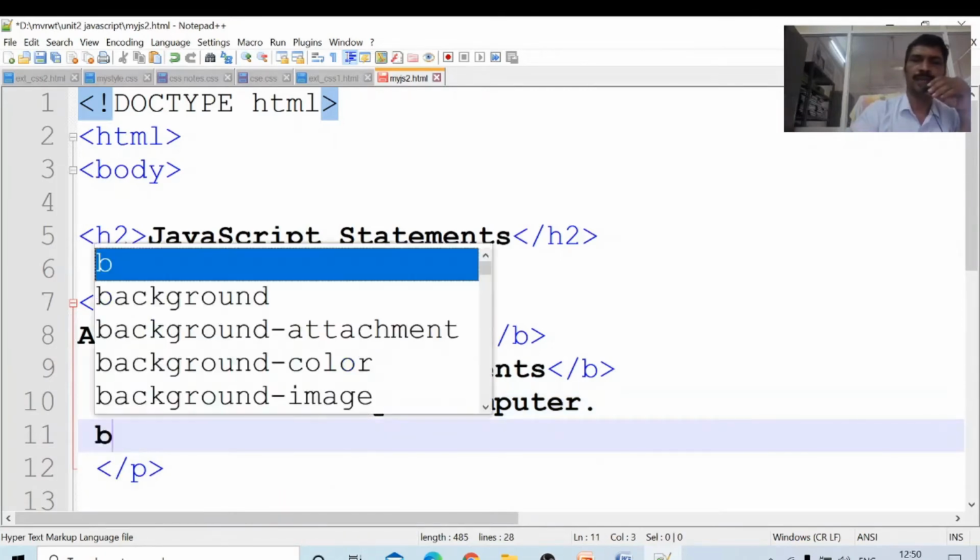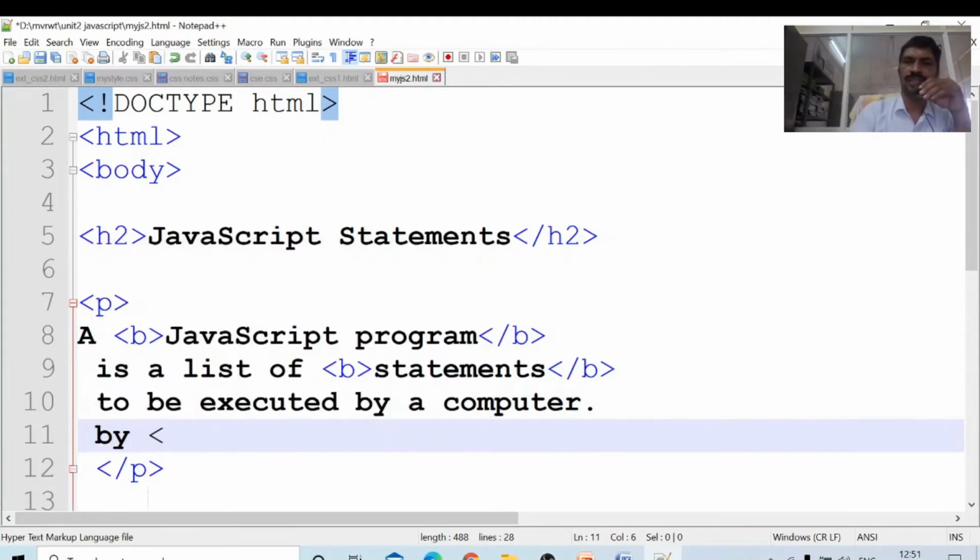Then "by", in italics. In order to get text in italics, I write the i tag and slash i. Then "by Srinivas".